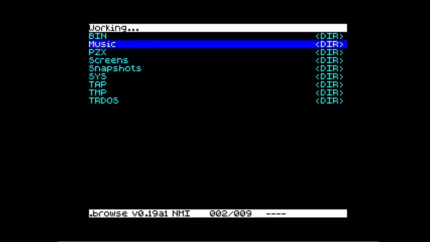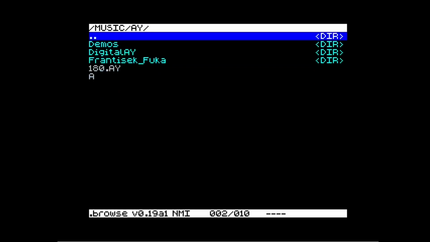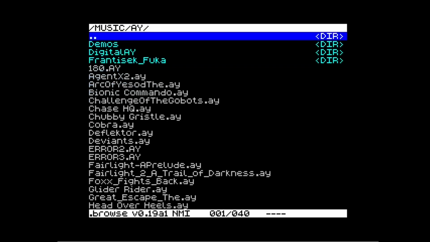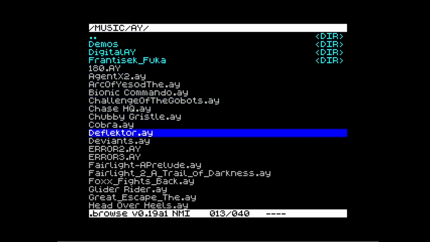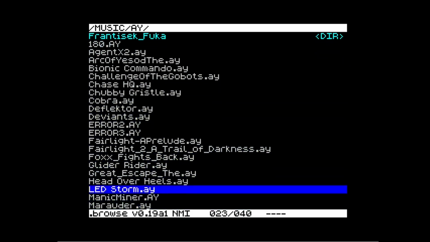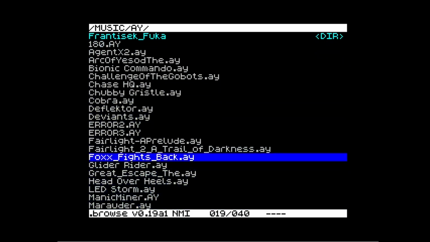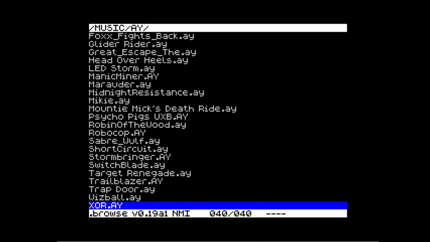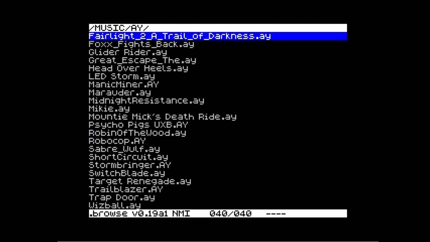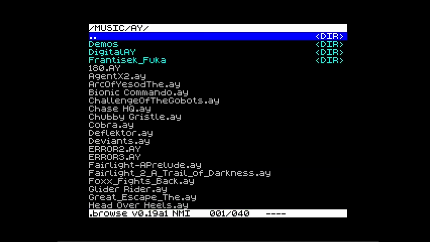If I go into a folder that's got more files than are actually visible, we can scroll down and up, but we can also use cursor right to go down by a screen